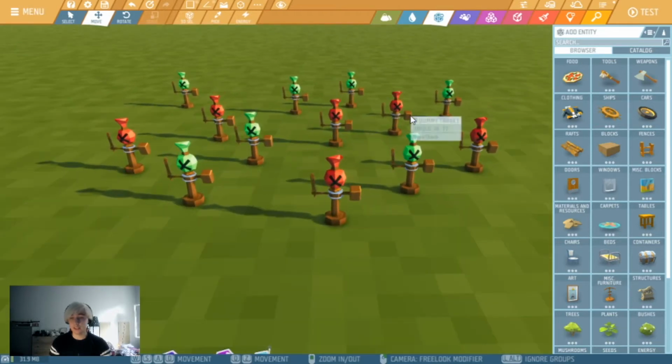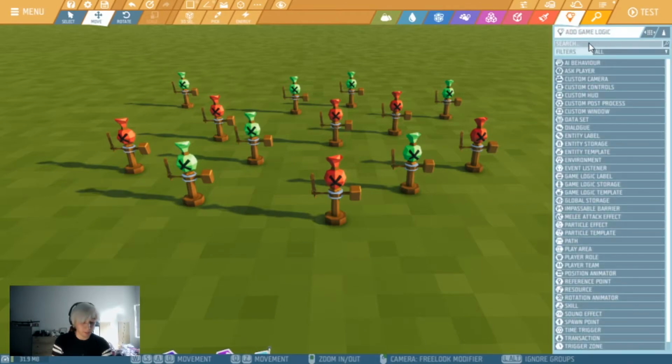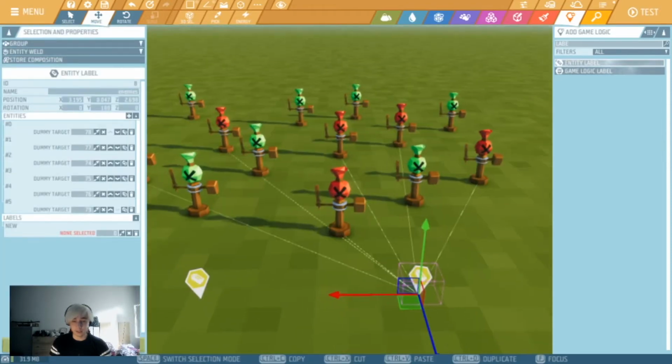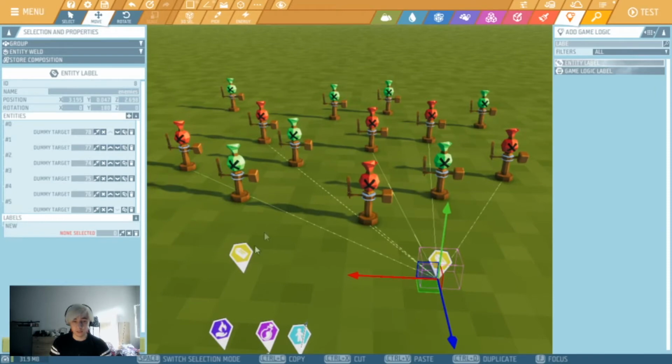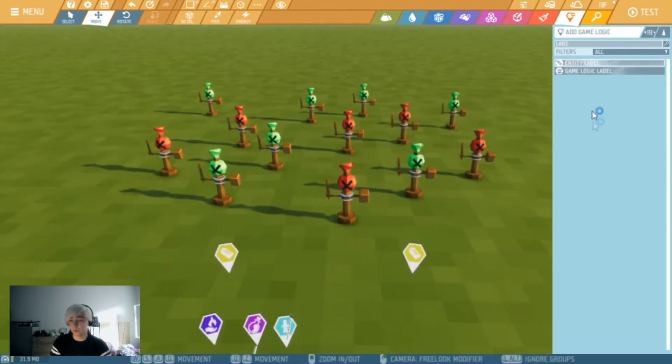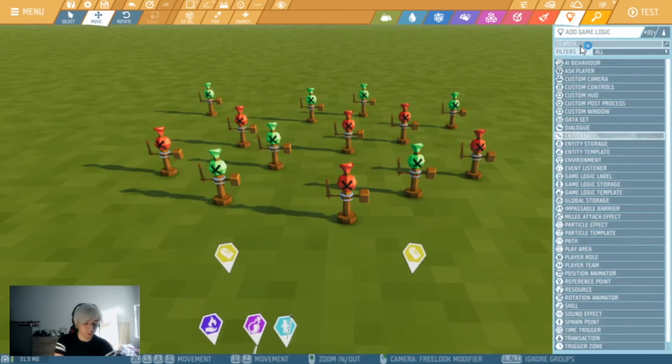What I've created here is I've just taken some dummy targets and painted some of them red for enemies and green for your allies, and we are gonna label them quickly. Alright, so I have added two labels, enemies and teammates. You can see that all the red ones are enemies, all the green ones are teammates, and just for the purpose of displaying some